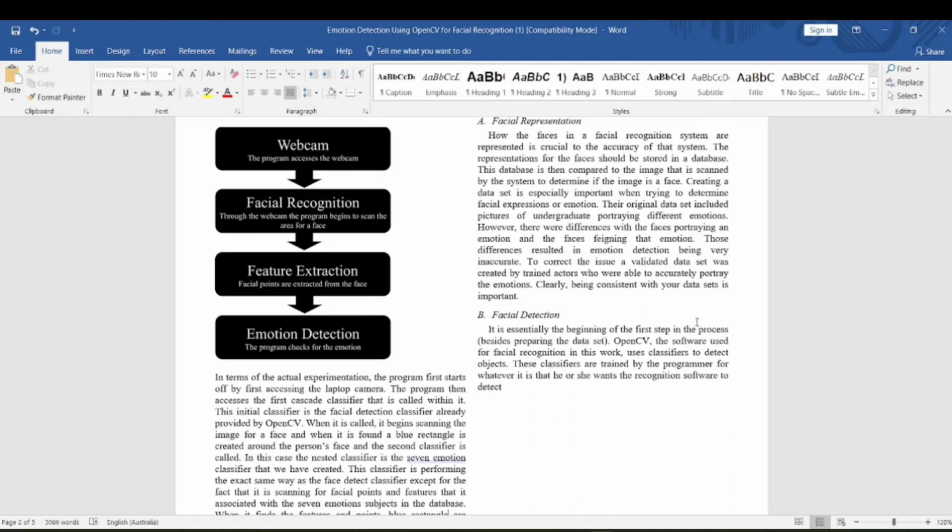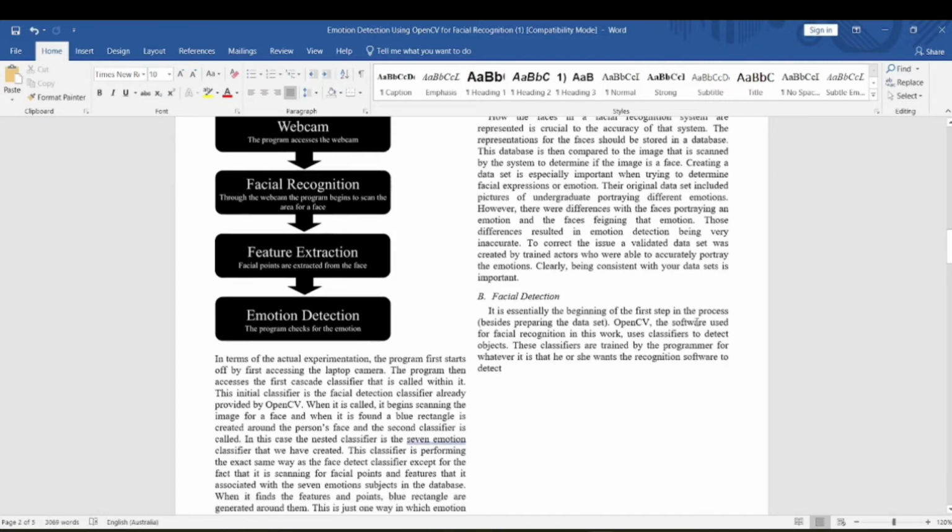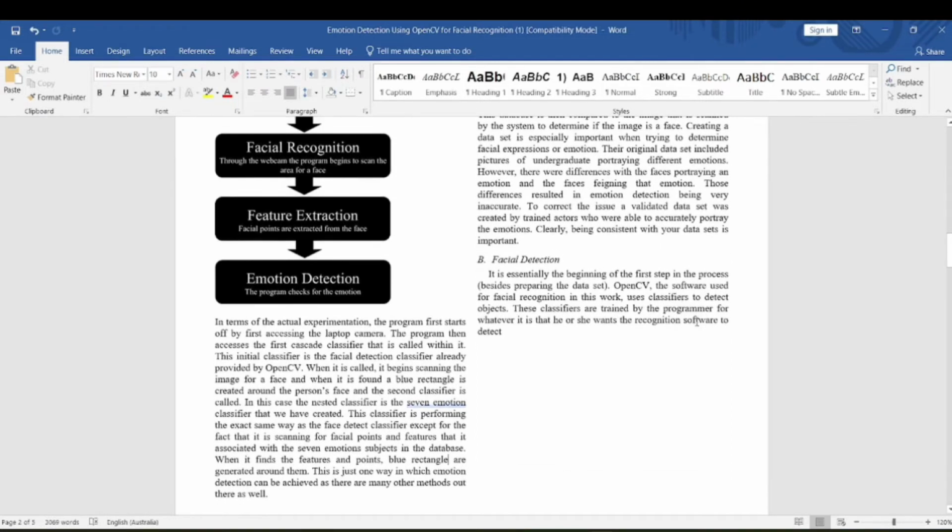The classifier performs exactly the same way as the face detect classifier, except that it is scanning for facial points and features that are associated with the 7 emotion subjects in the database. When it finds the features and points, blue rectangles are created around them. This is just one way in which we can detect the emotion.